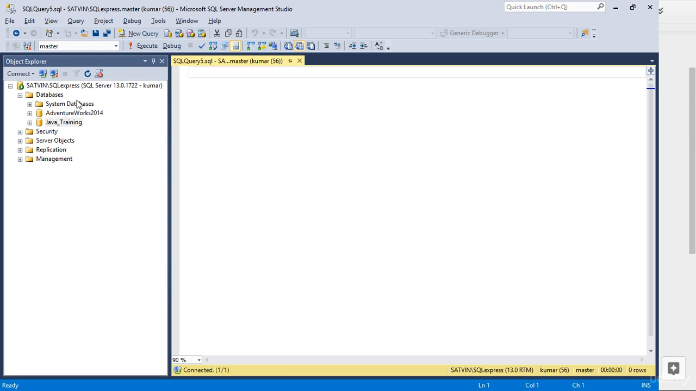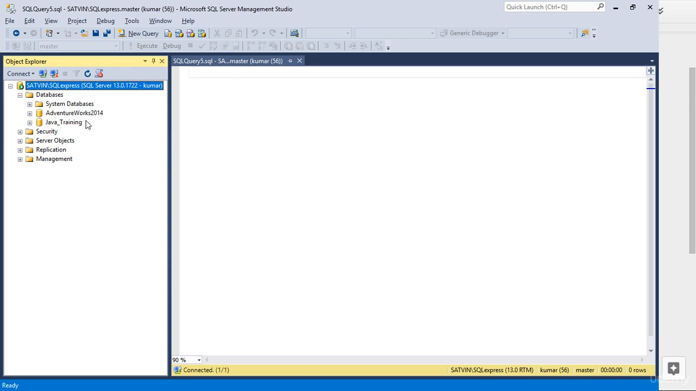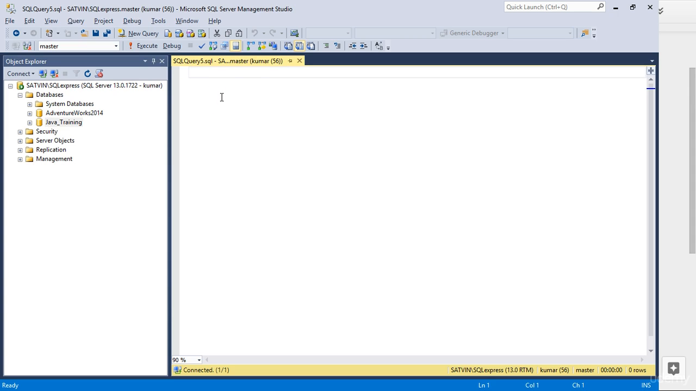So I tried to connect to SQL Server with the user Kumar, and then under databases, I have system databases, adventure works, and then Java training. Okay, so let's go ahead and create one database called customers. So the basic syntax for creating customers database is